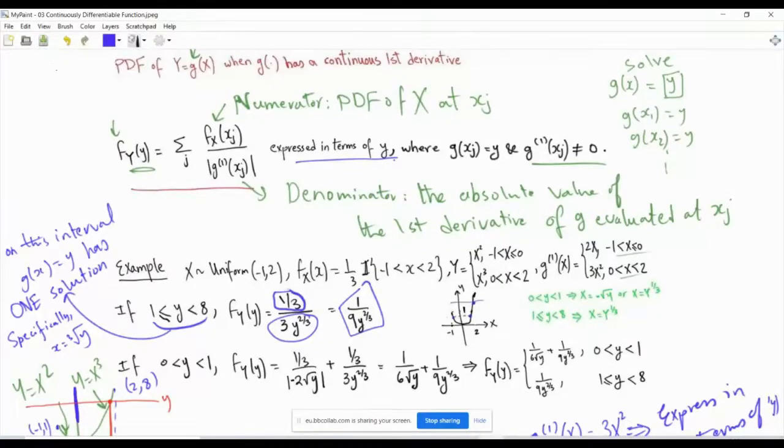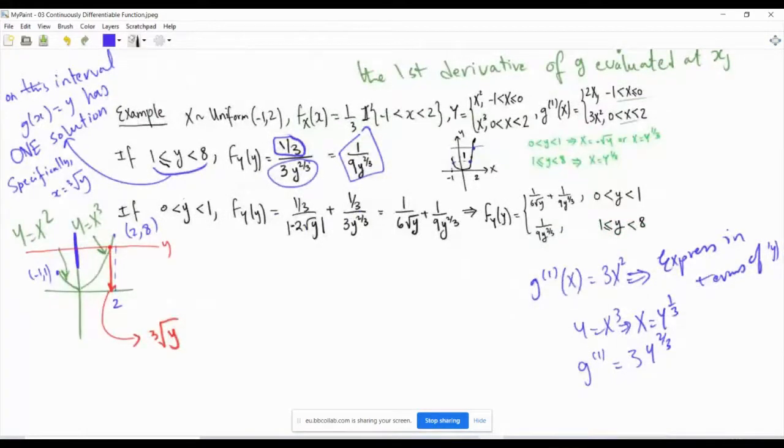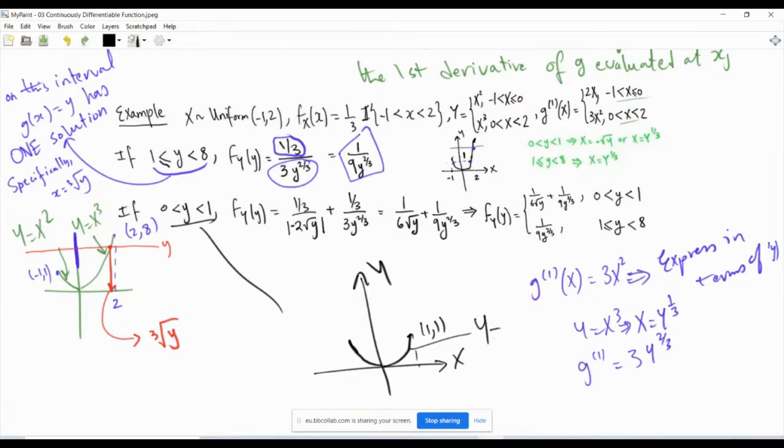Now things get more interesting when y is between 0 and 1. So let's talk now about this case, y between 0 and 1. So remember, this is y and this is x. Now between 0 and 1, we have this is the quadratic part, this is the cubic part. So this will be 1, 1, and here this function is y equal x cubed. This is -1, 1, but this part y is equal to x squared. And now we are talking about a y that is basically here, like, okay, so this is a small y,